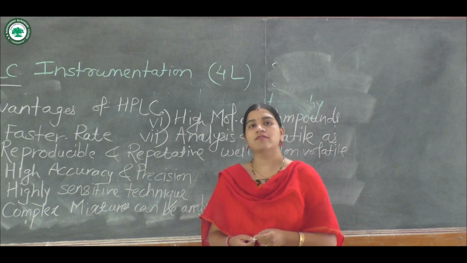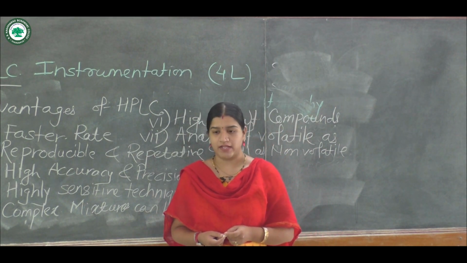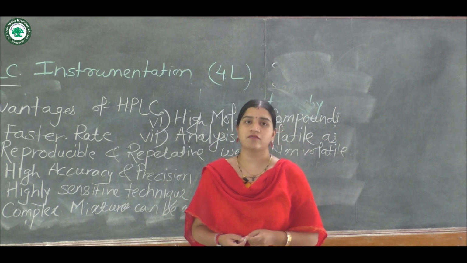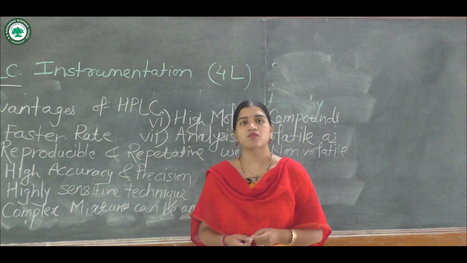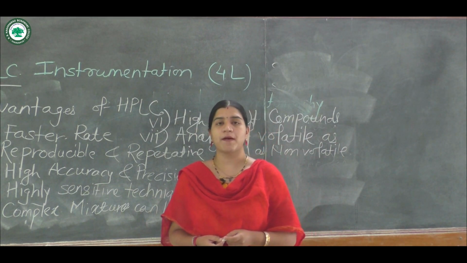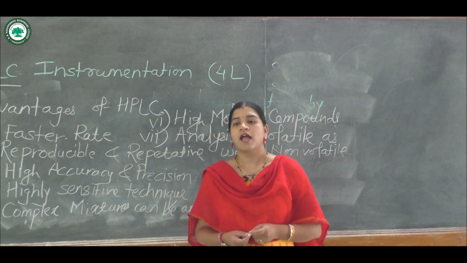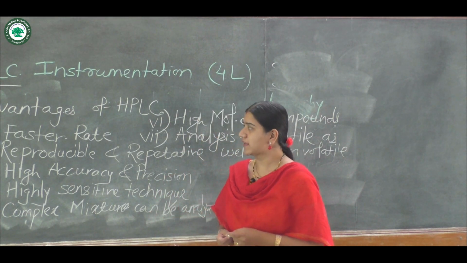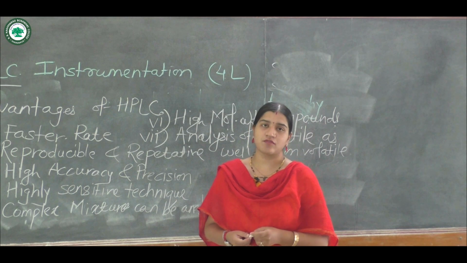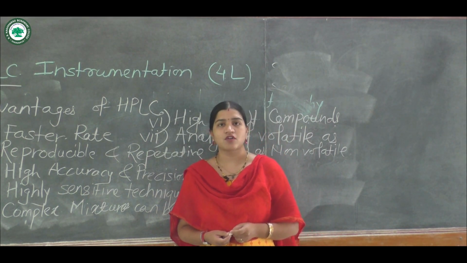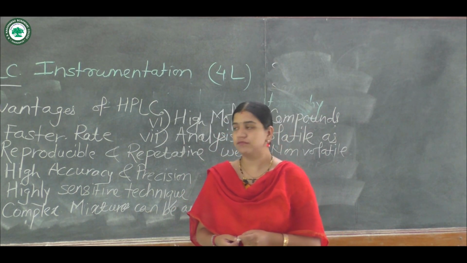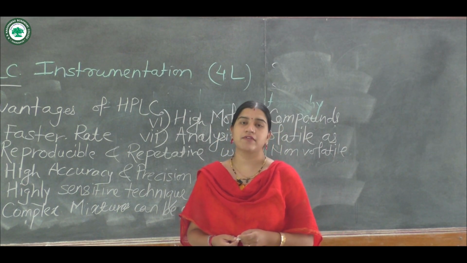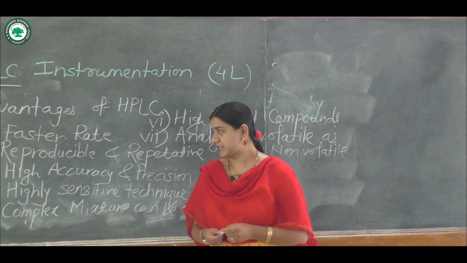The main drawback of liquid chromatography is the slow rate of analysis. This drawback is overcome by using the advanced technique of HPLC. Here you are using different types of pumps. The role of a pump is to apply high pressure, and the same reaction is carried out at a faster rate by using HPLC. So with a fast rate of analysis, all the results obtained are highly reproducible and repetitive, and they have higher accuracy and precision.